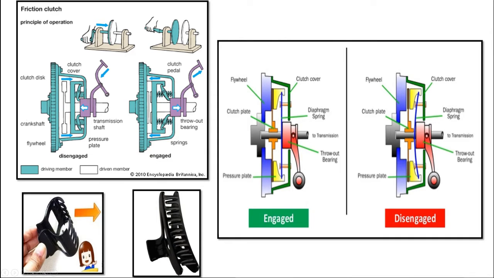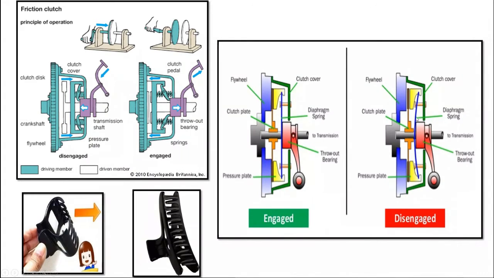This green portion is your pressure plate. This white portion is your clutch plate, and this other green portion is your flywheel. So flywheel, clutch plate, and your pressure plate come in contact when we do not do anything. Normally they are always in contact. Just like your hair clutch, normally they are always engaged, but when we press, it opens up. Similarly, when we press here, it opens up. There is a gap. All right. So this you might have already studied.